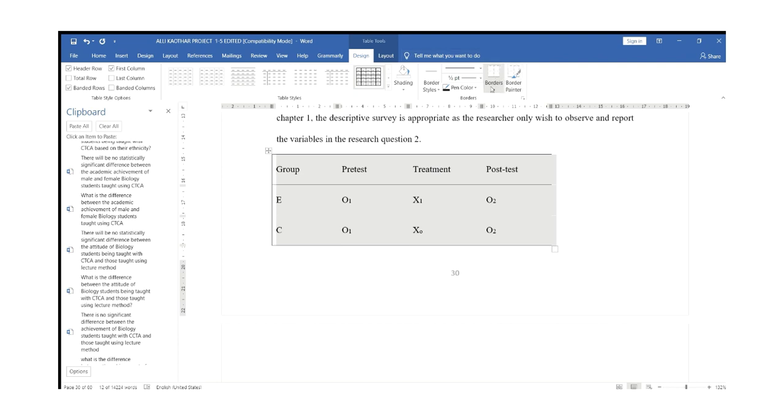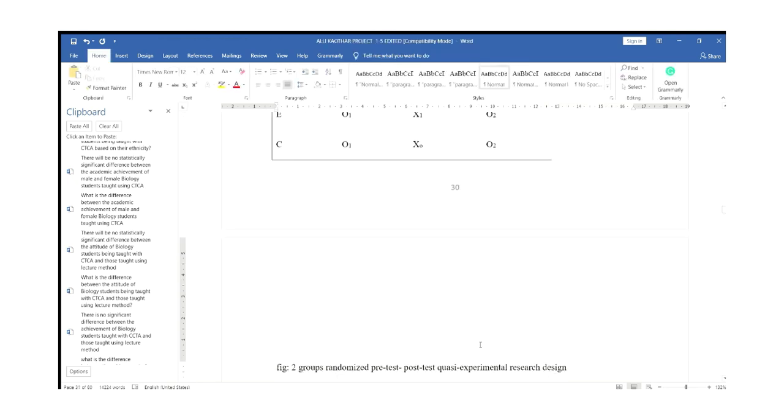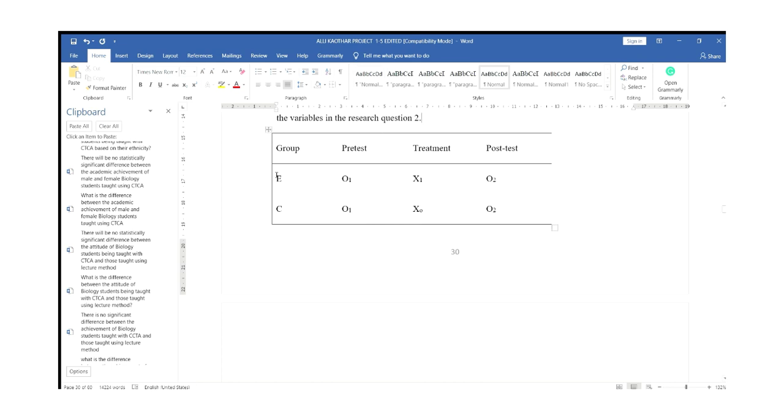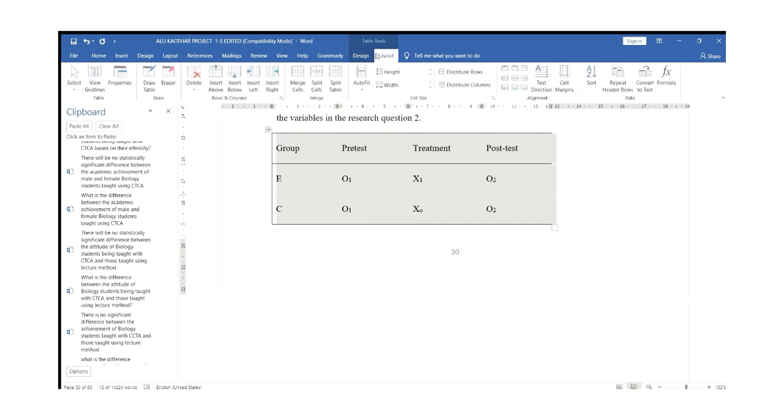Then after highlighting, this table tools would pop up. If it's not highlighted, it will not be there. Once you are not on that table, do you see there's no table tools? But once you are working with the table, it pops up. So you come to the layout to fit to